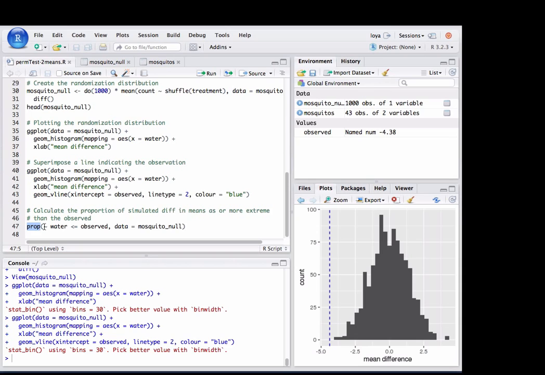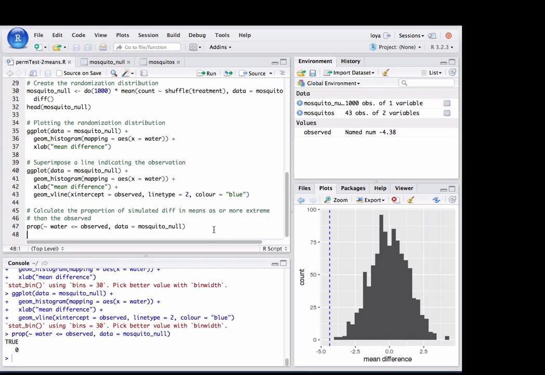prop for proportion, tilde water, so you're going to be pulling off the water column. There's only that one column in the mosquito null data set, so you're pulling off that, and then you're saying, let's look at all of the values of that statistic that are less than or equal to the observed, which is further away from 0, which is the truth under the null. Doing this, we expect to get 0, we do, and that is how you could calculate the p-value from this